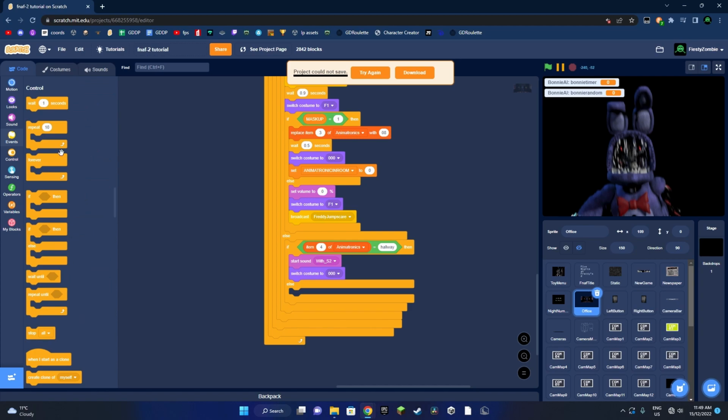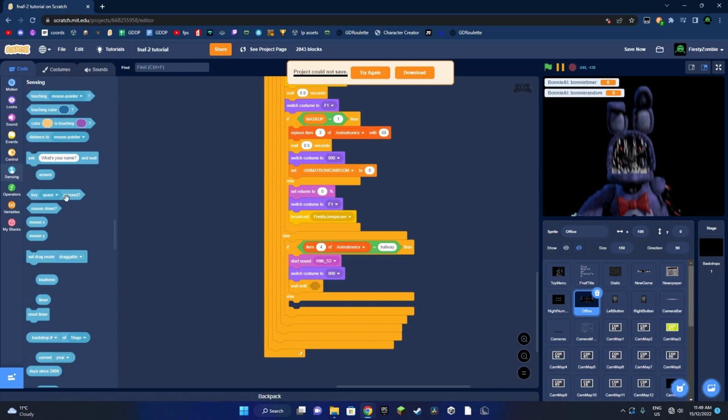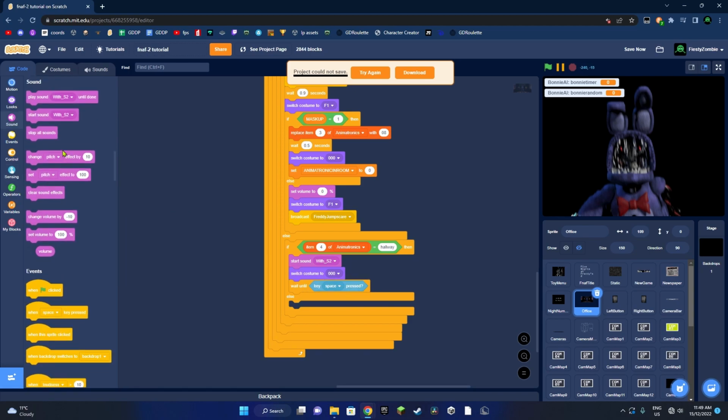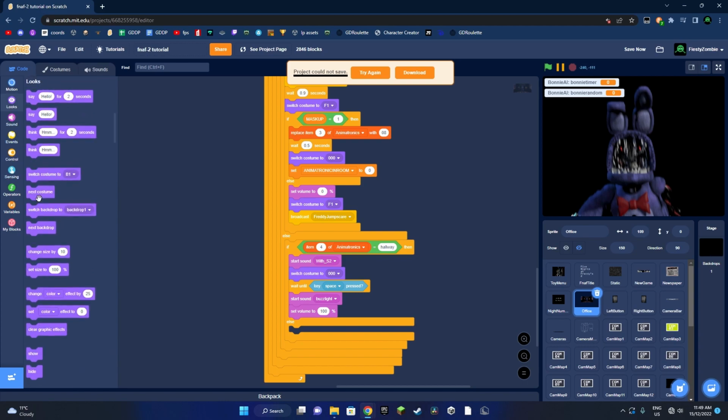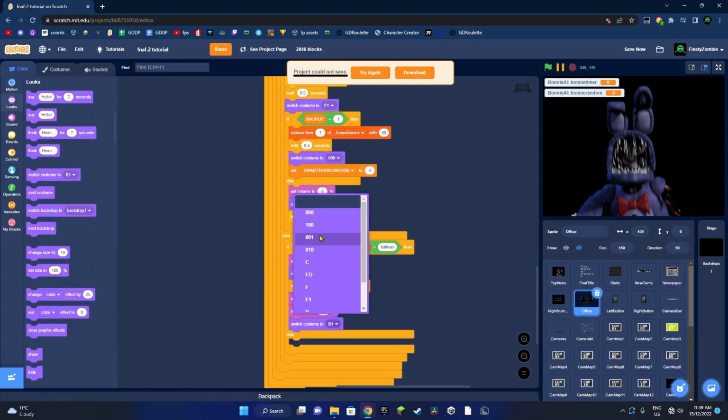We wait until the key space is pressed, and then we start sound buzz light. We set the volume to 100. We switch costume to B,